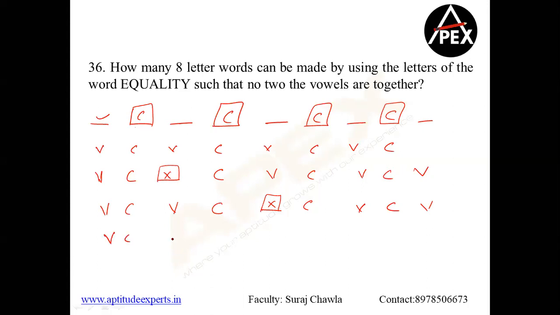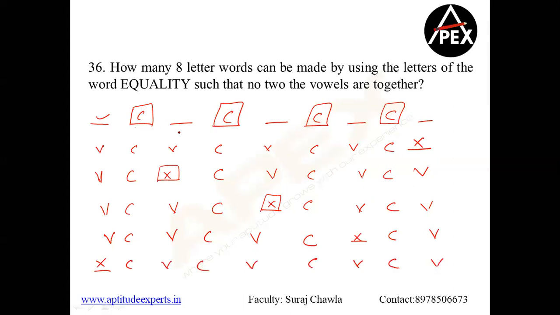Now let's go this way. V, C, V, C. Put a cross here. Clear? And C, V. Are you getting it? So what is happening, guys? If you observe, now the last case, okay? Just observe here. This is the cross. Now the last case I'm crossing here. C, V, C, V, C, V, C, V.